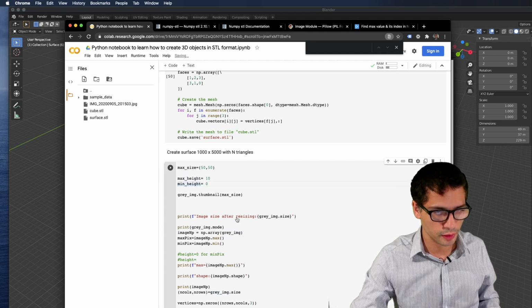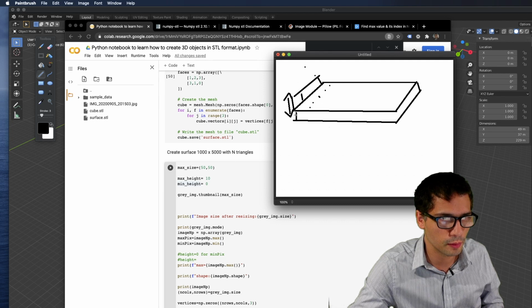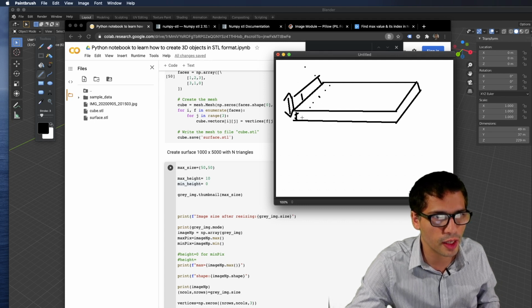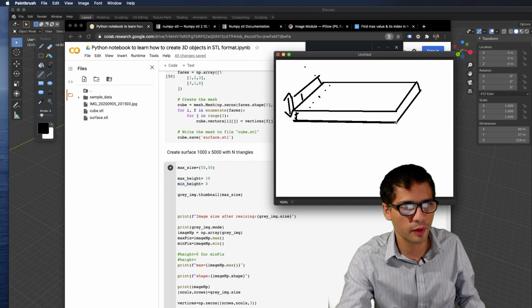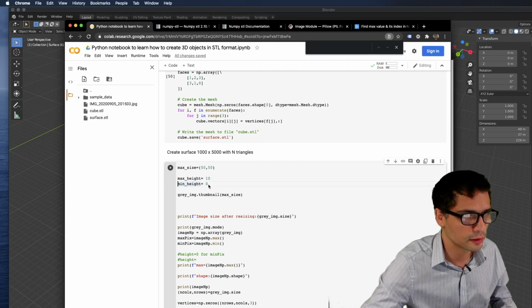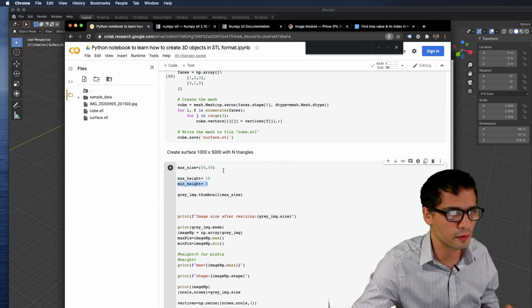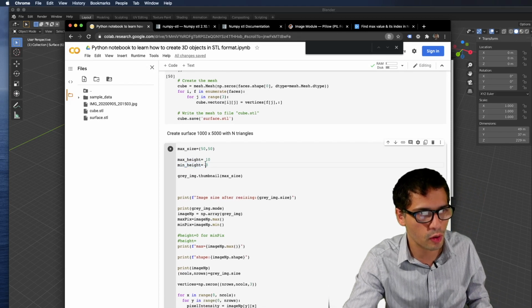If I go into Paint again, you see we're only doing one surface right now. There is no layer below it. So in a way, this is going to be our mean height. We already have a mean height, because when we place the surface underneath it, we're going to have a distance. So my mean height for my surface is always going to be 0. That's the smallest z I can have.